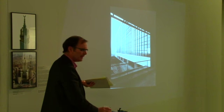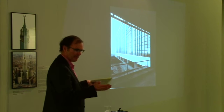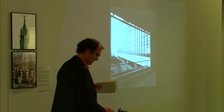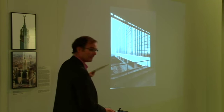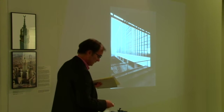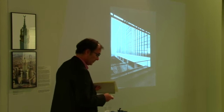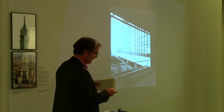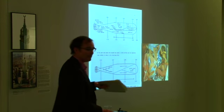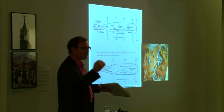That's a key moment. '28 is a moment of a kind of great exodus from the Bauhaus. Most of the people who are going to end up in our show in 1938 left Dessau in '28. Barr met them. Johnson and Hitchcock did not meet them in situ, but we associate it so much with Marcel Breuer's tubular steel furniture. But I think even more important is the fact that the Bauhaus, Barr basically gave himself